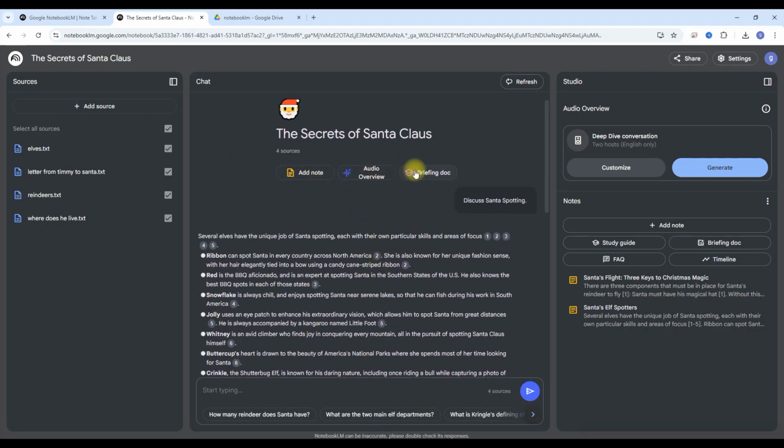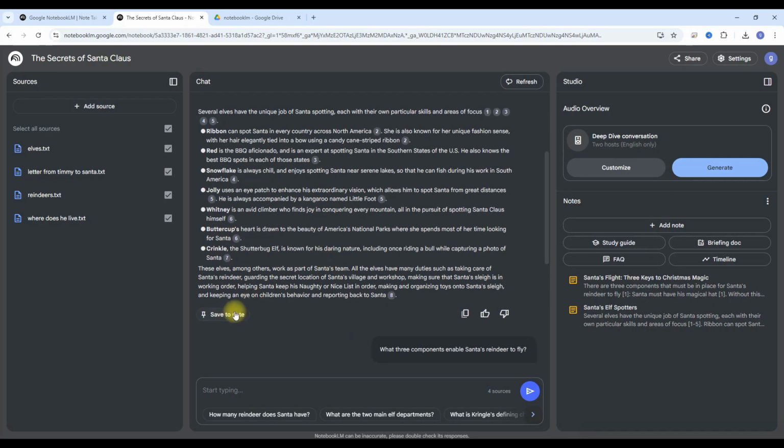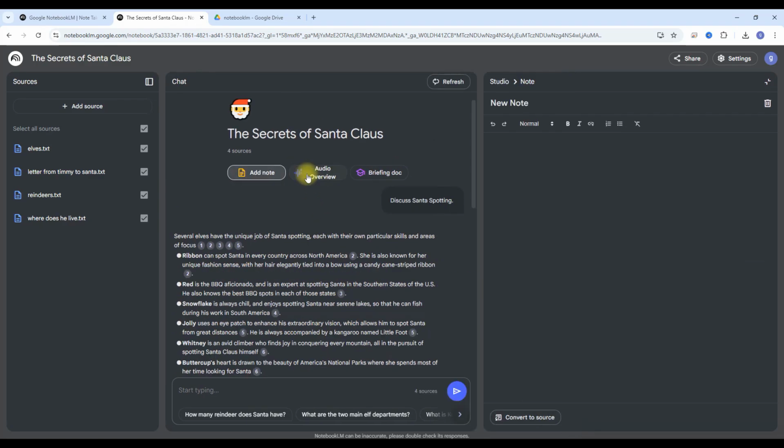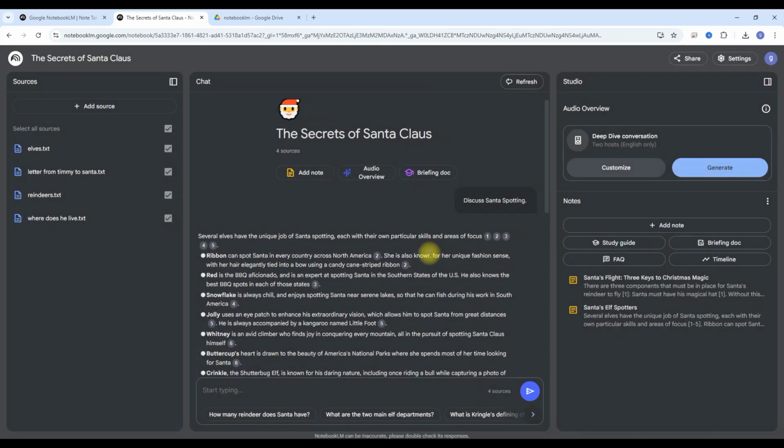As you can see here, we have further options. Add note, so this is what we've been doing when we save to note, but I can create one, add a note, and it's a blank note. You type what you want in there. I'm not going to do it, so I can delete it. Delete the note. I can have an audio overview,